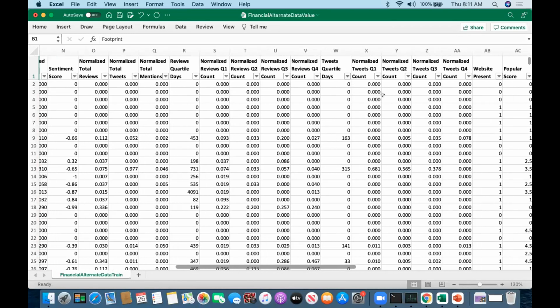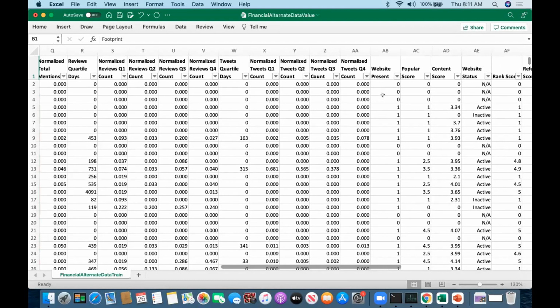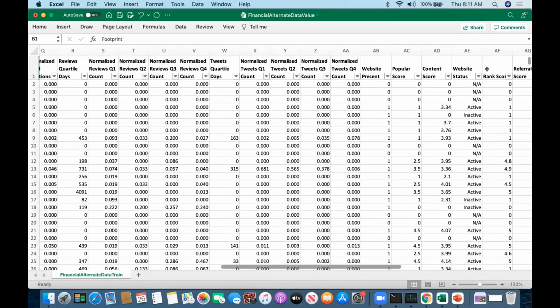Information about the website. If they happen to have an online presence, they have a website, then you have very key information elements like how rich is the website, how, in terms of content, how popular is it among its visitors? Does it have enough visitors? Does it have a good page rank? Unless you have a good page rank, good luck finding a business from your customers, because they are unlikely to find you in the first few pages of Google search or any internet search engine. And so